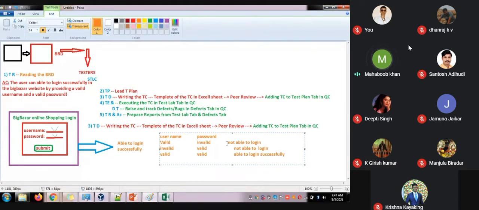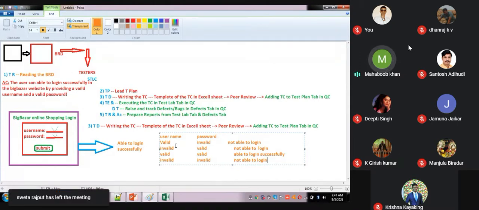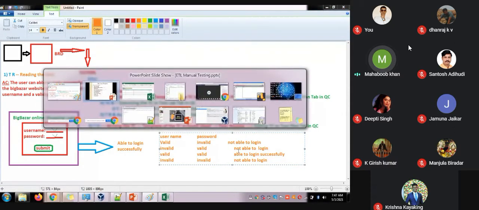Successful. If you are using invalid login and invalid password, then not able. So these are the minimum test cases that you need to write down. For writing these, first you need to come up with what are the test cases that you need to add here. Once you've done this, then you should jump on to writing the test cases in the skeleton. So try to implement here the same thing in this.